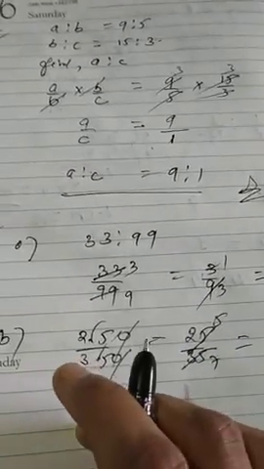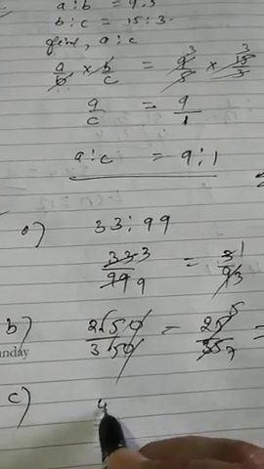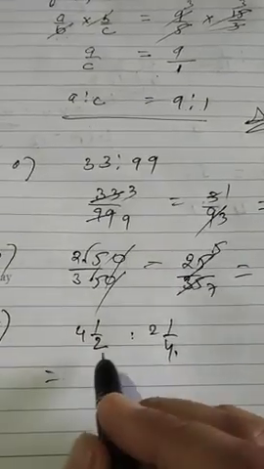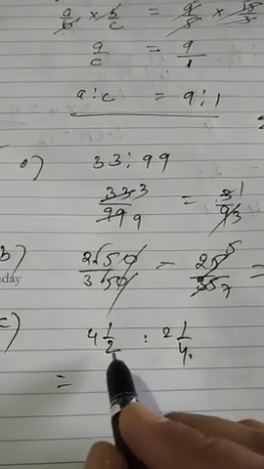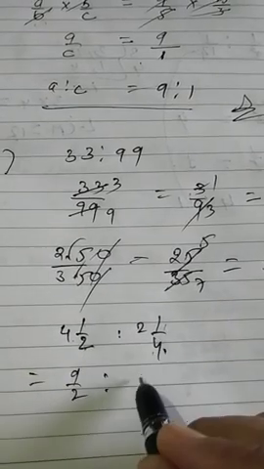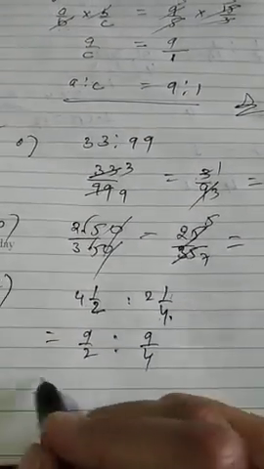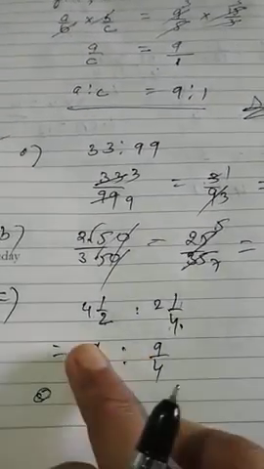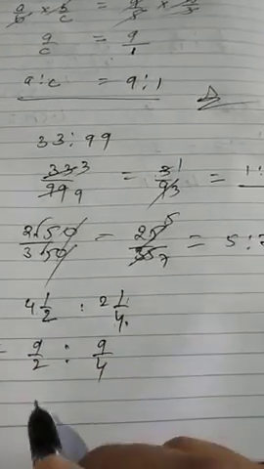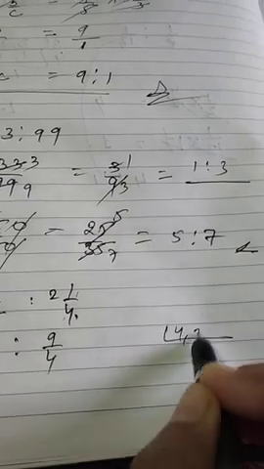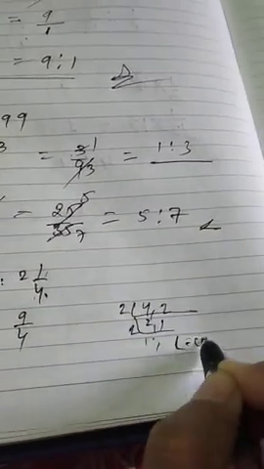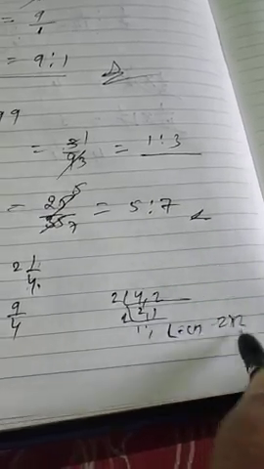And as I have told you, the next number is given in fractional form. So it is given in mixed fraction. Change this into improper: 4 2s are 8 and 1, 9 by 2. And 4 1s are 4, 4 2s are 8 and 1, 9 by 4. Now you can see it is in fractional form. So you need to change it into the simplest form. So first of all we will take the LCM of the denominator. What will be the LCM? 4 only.